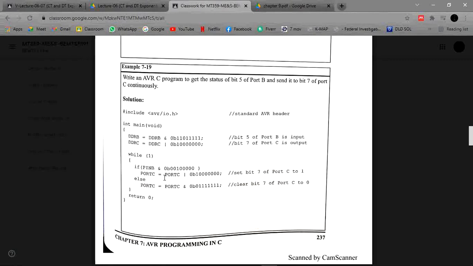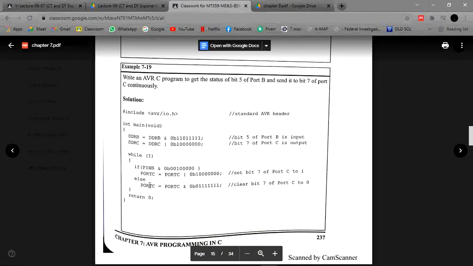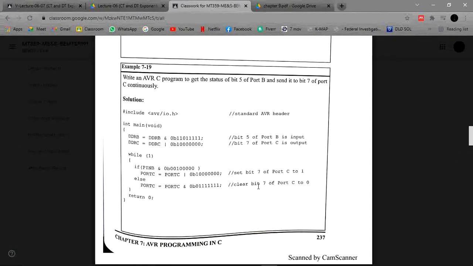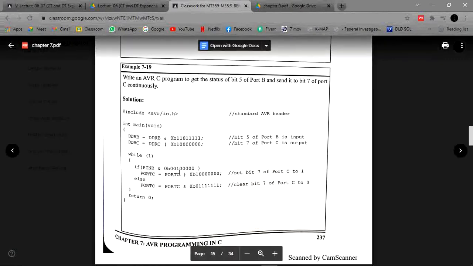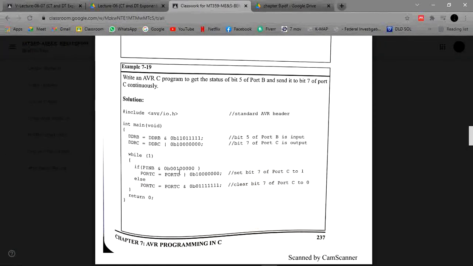So if it is other than this binary number, for example 00100010 or every other number except this, it will clear bit 7 of port C. It means if it is 5 as input, then we set bit 7 of port C to 1, and if it is other than this, then bit 7 of port C will be cleared.